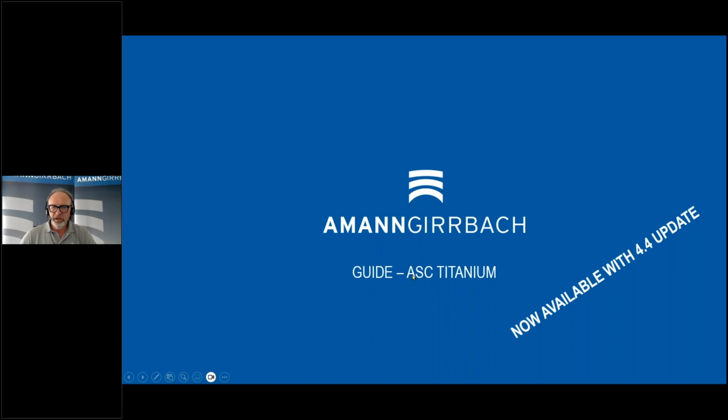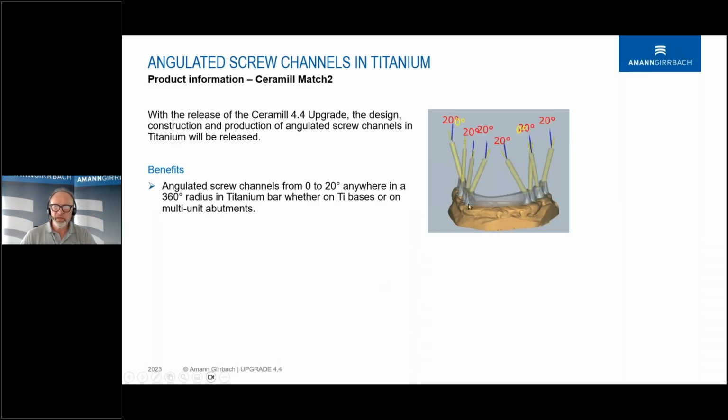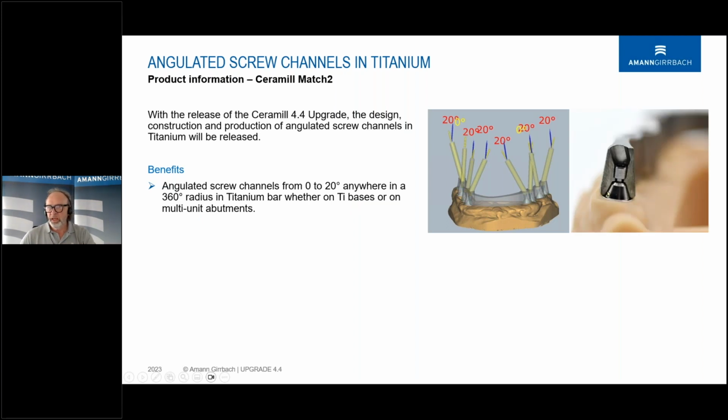ESC, what does it mean? Angulated screw channels. And this is now possible in titanium. What does it mean with the update 4.4? If you have angulated screw channels, and mostly you have them, and you are using TI bases or multi-unit abutments, then we are now able to mill out of titanium. We can do it in zirconia for a longer time. I don't know when we started with zirconia, but what we are doing here is milling out the seating area of the screw head,